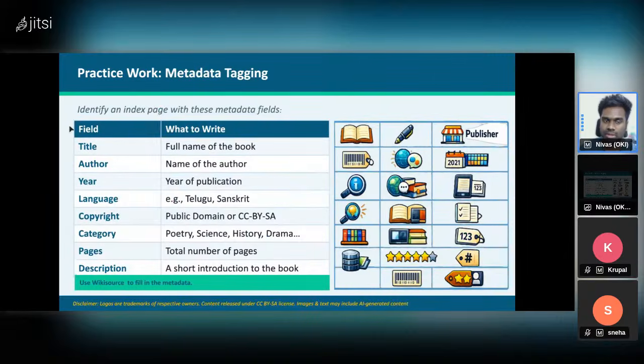Yeah, and the other one is the metadata. So metadata, like I've shown you, is available on the index page of the work itself. And these are some of the things that you might find. So it's always better that you fill in the preliminary information that is needed. And once your proofreading of all the pages is done and somebody has validated it, it's better that the metadata is then updated to let everybody know that this work has been completely proofread and also validated by another person. So yeah, I think I'll show just one